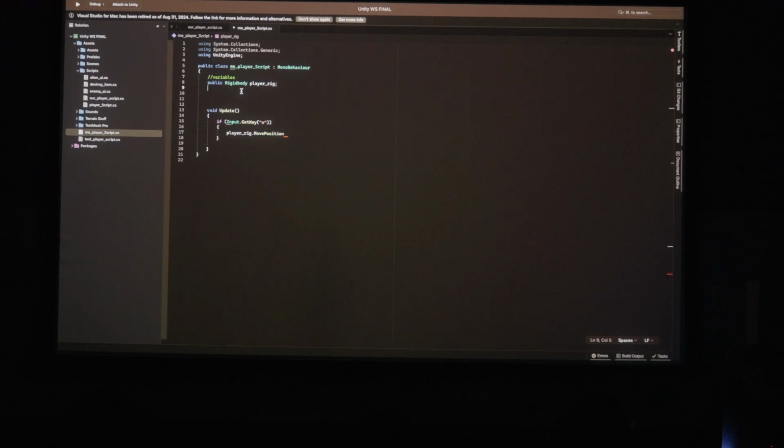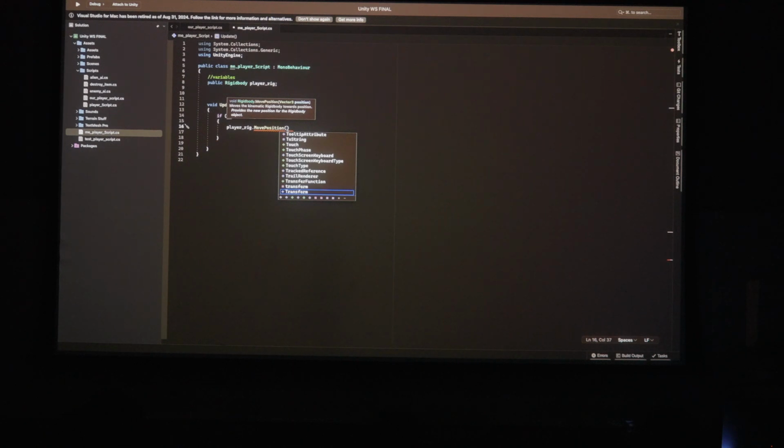Very different from having... ignore what I said. I'll show you guys in a second. All right, so MovePosition is a function that moves the rigid body using its physics. So we're going to have,